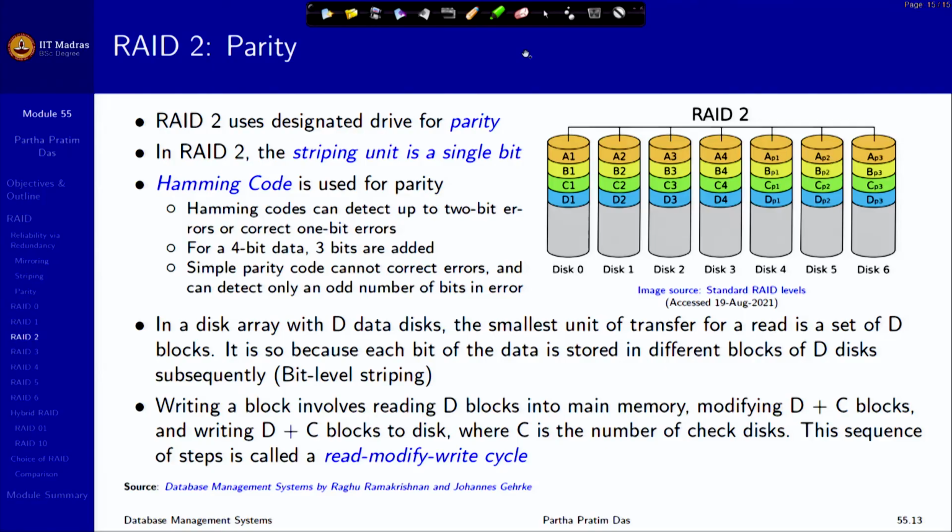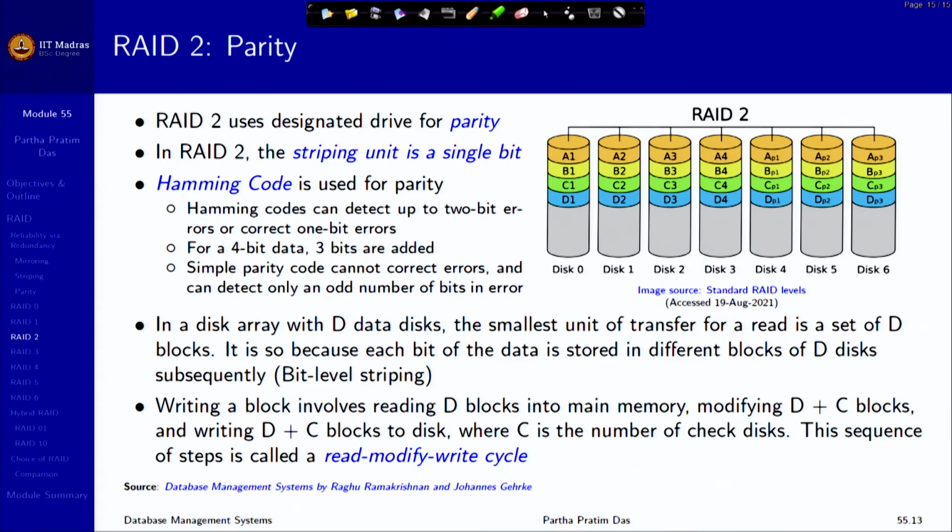RAID 2 uses parity, so it uses parity for correction. RAID 2 will stripe with the striping unit being a single bit, and it uses Hamming code. I do not know if you are familiar with Hamming code. Hamming code is: if you have 4-bit data, you add some more bits to it in a